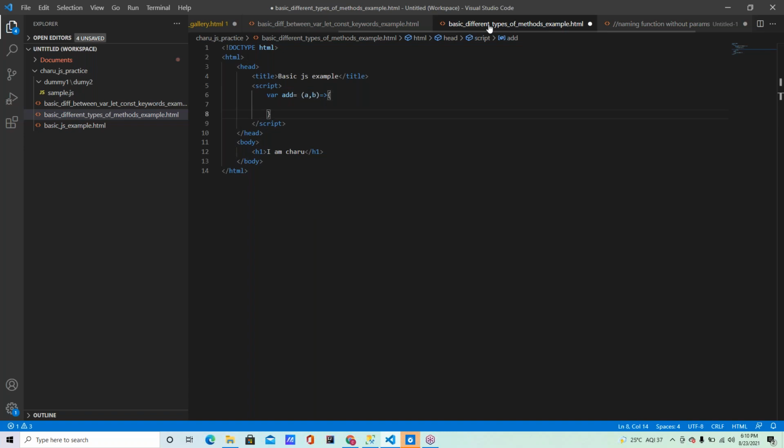Now write the console.log statement. Now call that function. Send it two values, any values. Save it. Now check in the browser.